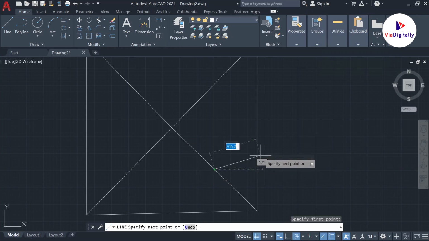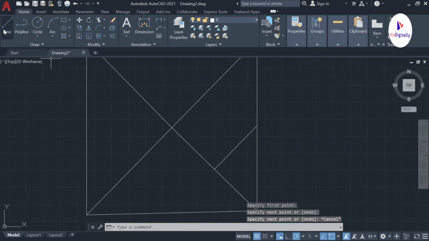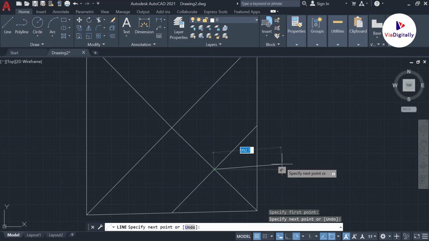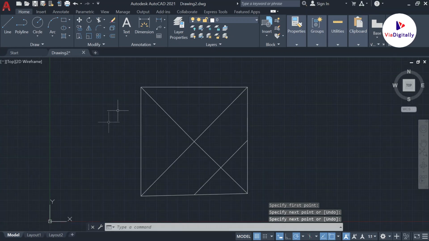So if I want to join these 2 points, I can simply use OSnap tools, which is very accurate for you, and you cannot make any kind of mistakes while using the OSnap tool. This is how it will help you out. So friends, this is how to use the line command in the AutoCAD software. You have learned this. I'll make you practice a few more exercises on this in the next video.